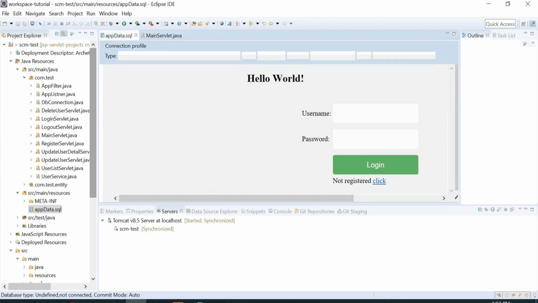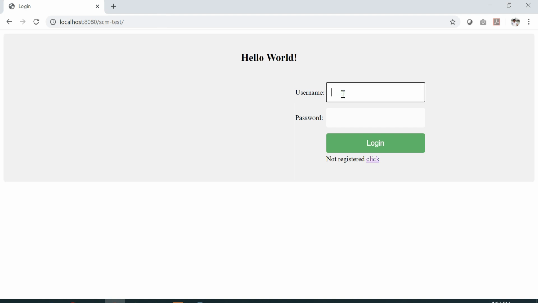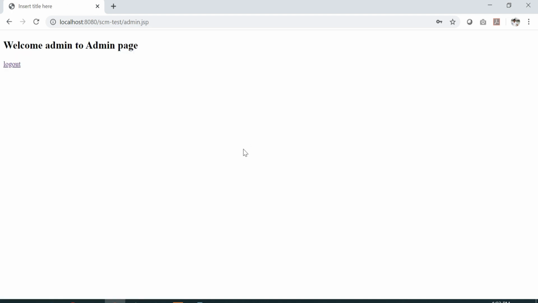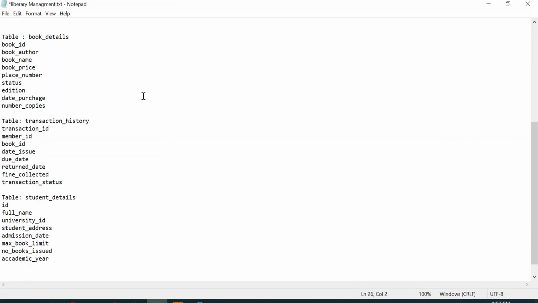Now we have done the login and logout operations and all the CRUD operations with the JPA. Now we will try to implement the complete project, library management, from here. So in the admin, I will take some of the concepts. We have different types of users, admins and user, and library management I'm going to implement with these basic